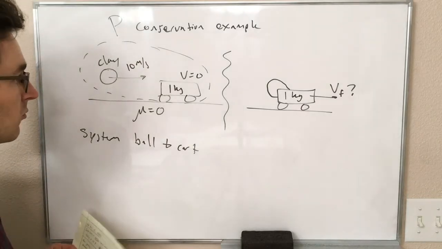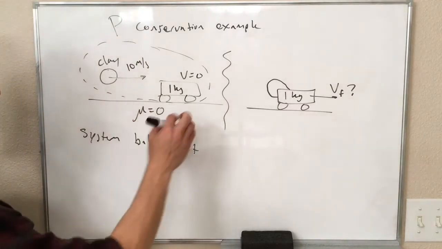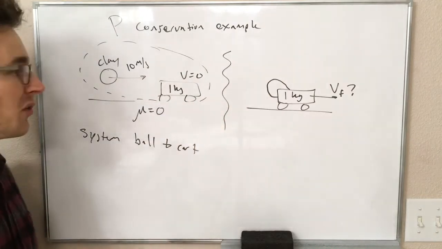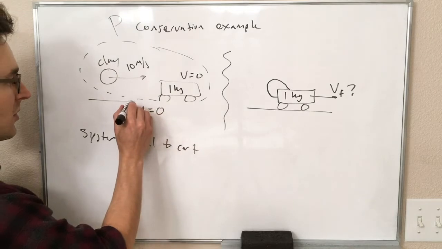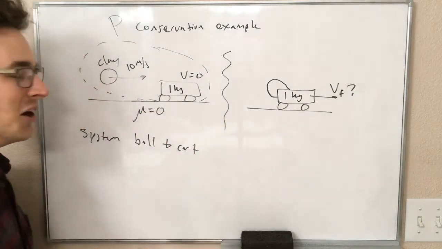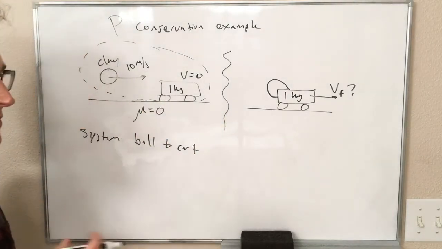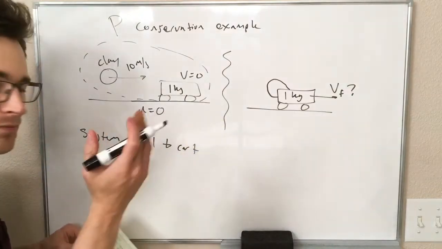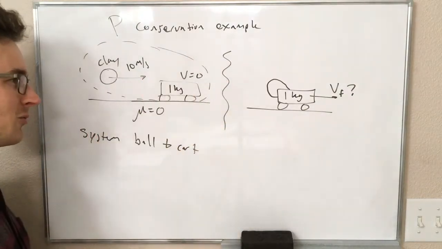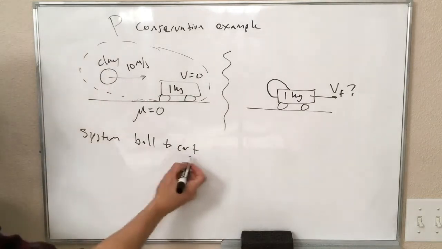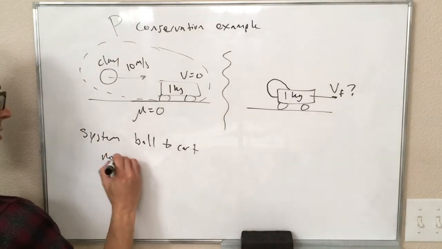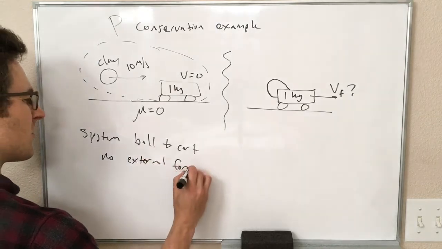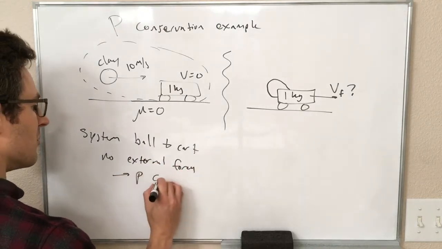We could just as easily have drawn this floating in space with no floor underneath it at all, but a frictionless surface is easier to imagine than two things floating with no gravity. So that's why we have it with a surface. Anyway, if our system is the ball and the cart, there are no external forces, which means that our momentum is